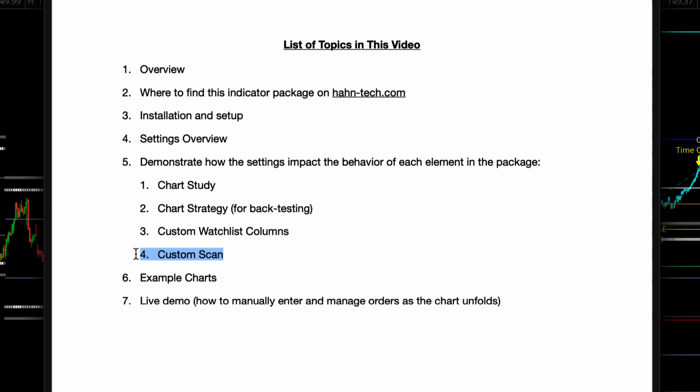And then we'll run some scans and look up some of the stocks from the results list and interpret what you see in the scan results and show you how they appear on the chart. Then we're going to get into some example charts so you can see this plotted on futures and Forex and some other instruments. We're also going to include some different chart styles and talk about their impact on the ability